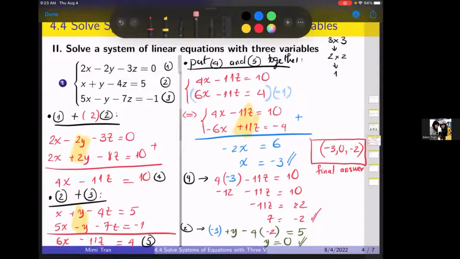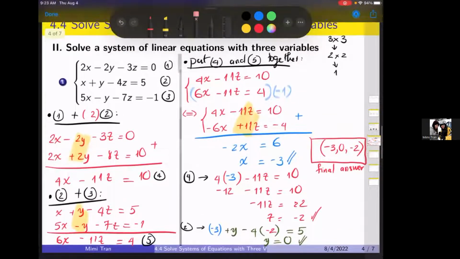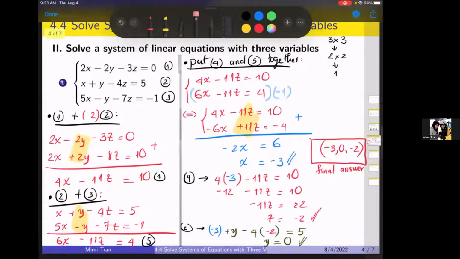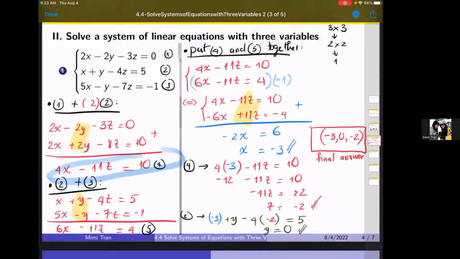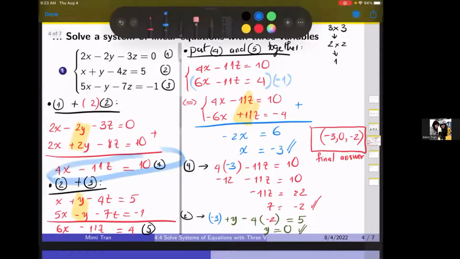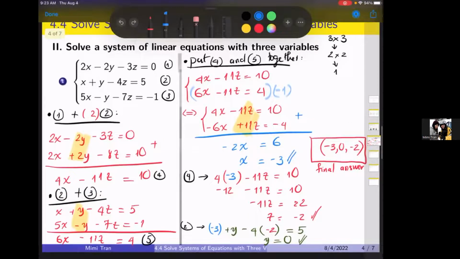Okay, so let me recap. So I give you 3 by 3. Now it's not always like this. Sometimes you get lucky and for some reason, at this step right here, you eliminate z and y at the same time, right? Sometimes you get lucky, and all you do is just solve for x, and then you plug y and z back. But I'm just saying that the general rule is that you go from 3 by 3